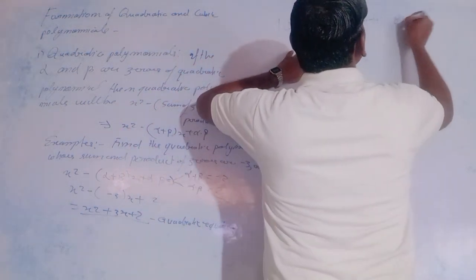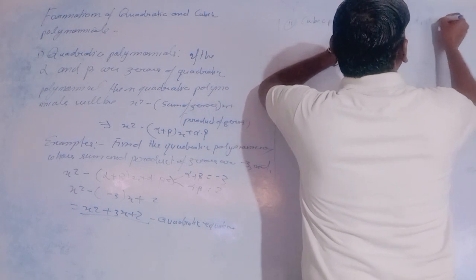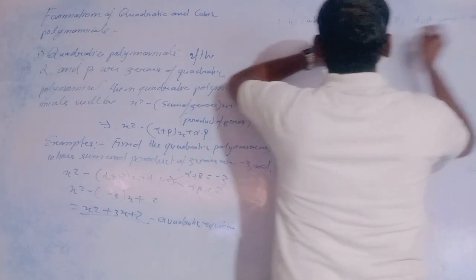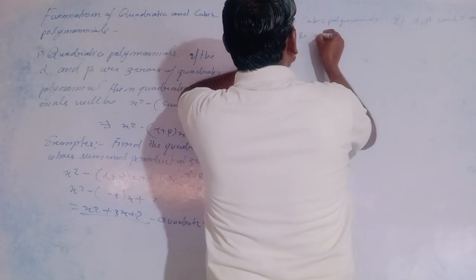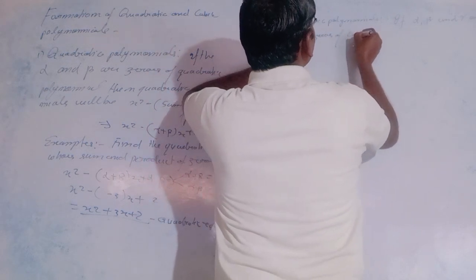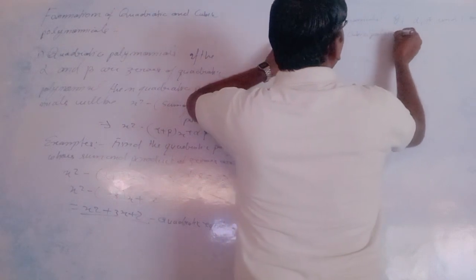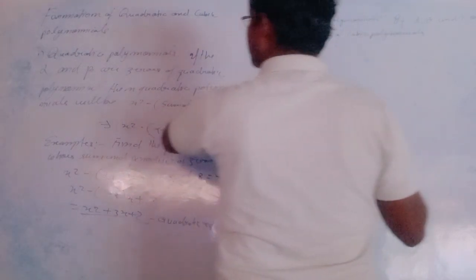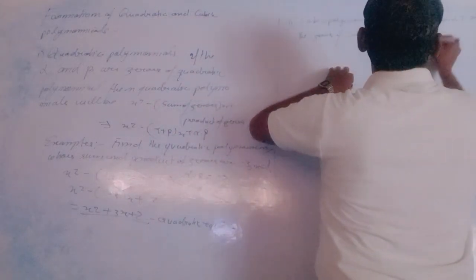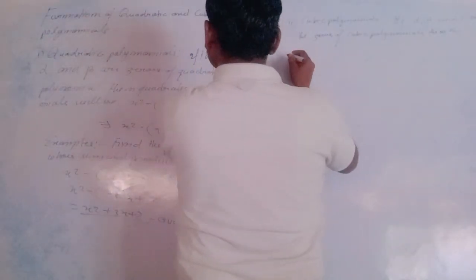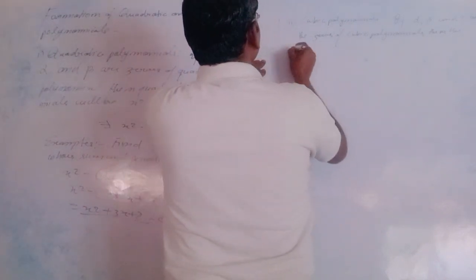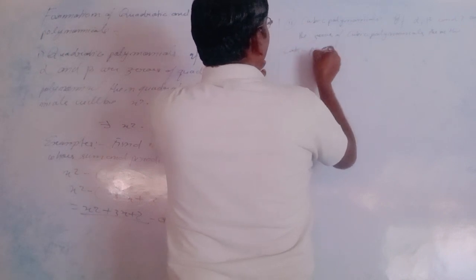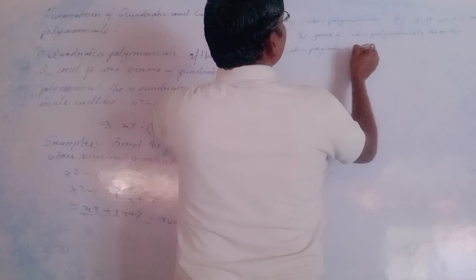If alpha, beta and gamma are the zeros of a cubic polynomial, then the cubic polynomial will be